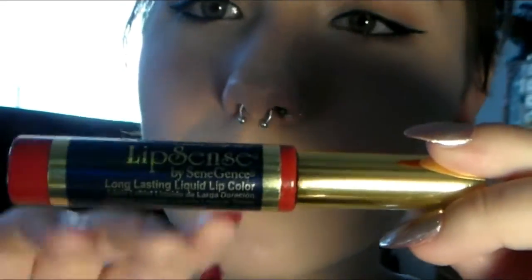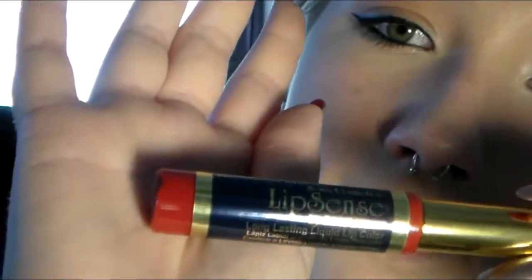There's one thing I have to do. I'll be back. Boom. Clean lips. I had to go wash my foundation off my lips. Now that I have my lips washed, I'm going to be using the MakeSense by Senjance Long Lasting Lip Color